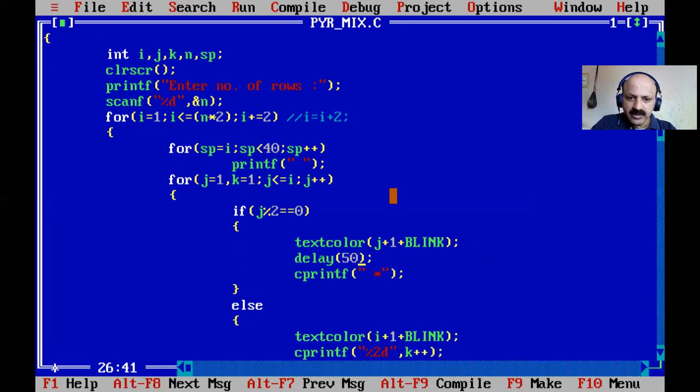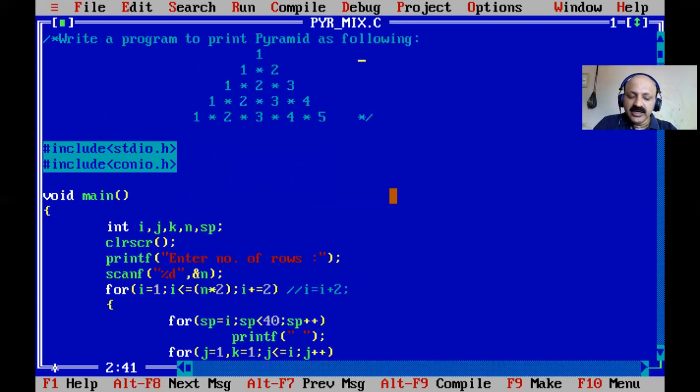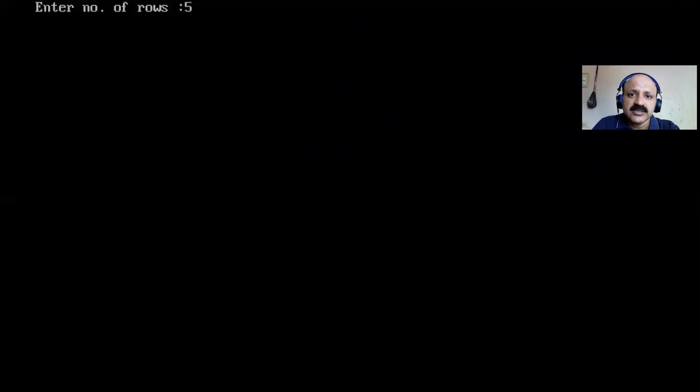So 500, and here also delay the same 500; that is the measurement in milliseconds. One header file is required, because text color is in conio.h and that function needs nothing extra, but delay is in the dos.h header file. So that is a delay, some waiting, and printing is suspended. So that is waiting and printing. It looks better: blinking, waiting, printing, mixing pattern and mixing coloring.